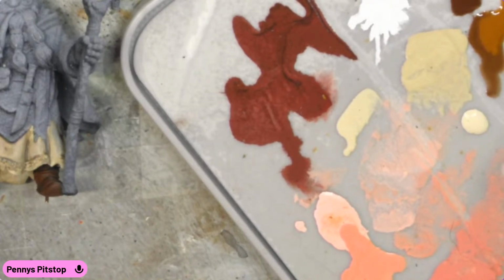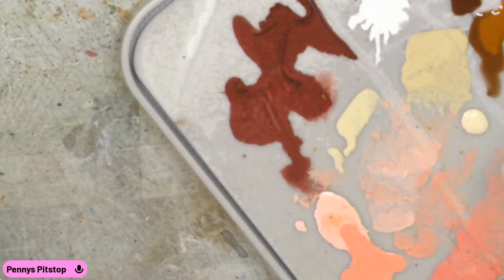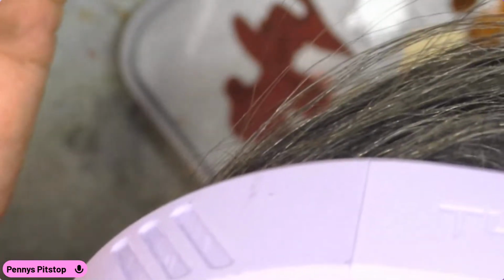But yeah, so we got this comment. A lot of people are saying speed painting isn't real painting, and I want to ask your opinion on that, guys. Is speed painting real painting? I have my opinion, which I will share. I have shared really, but